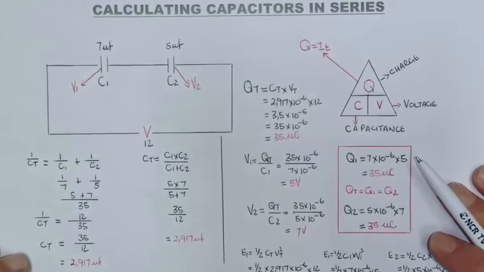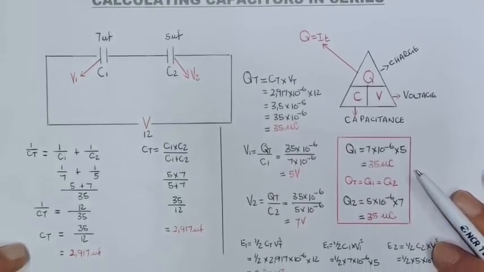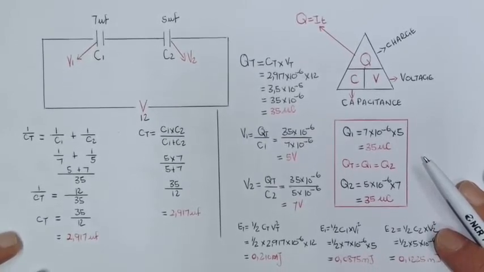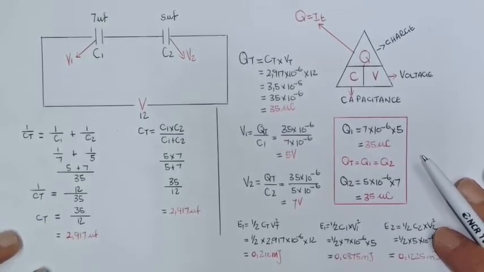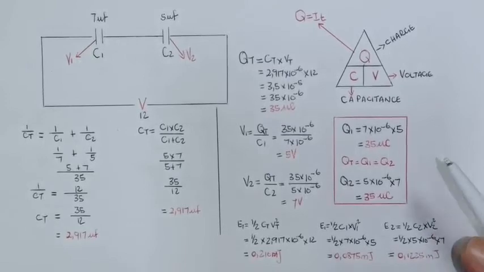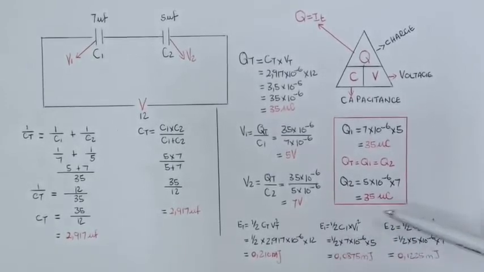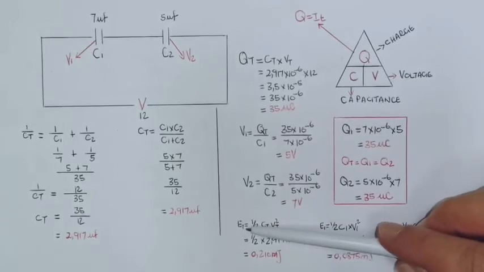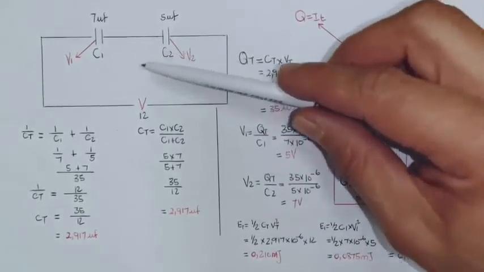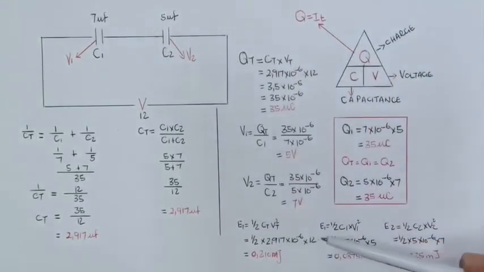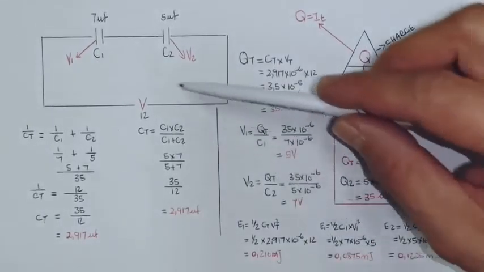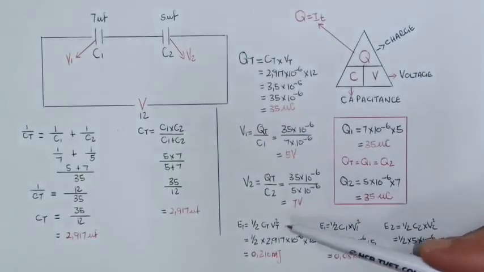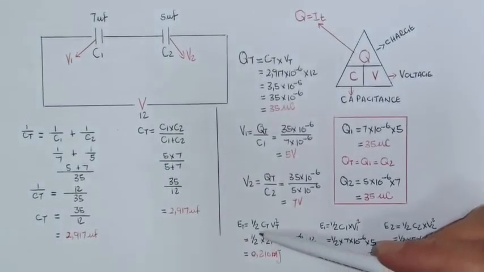Alright, the next thing that we will be calculating is the energies. I'm just shifting up the page a little bit so that we can see. Here I have three formulas, which are actually the same. The only difference is that in the first one I'm calculating the actual energy of the whole circuit, and in the other two I'm calculating the energy in capacitor 1 and capacitor 2. Let's go ahead and see how this has been done.